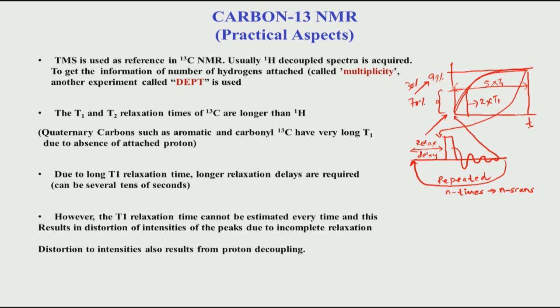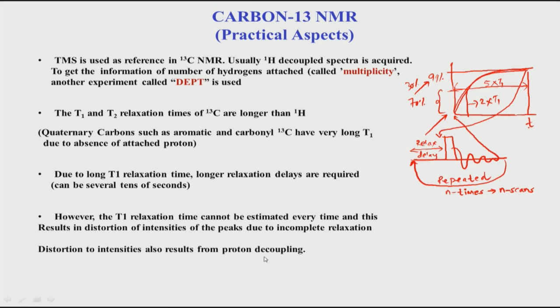In the case of carbon 13 NMR, you cannot use the intensities anymore because of this incomplete relaxation. The area of the carbon peak is no longer proportional to the number of hydrogens, because we have not correctly captured the intensity; it has been abruptly cut because of this incomplete relaxation. So, this is a practical problem.